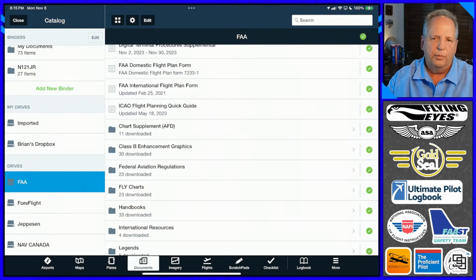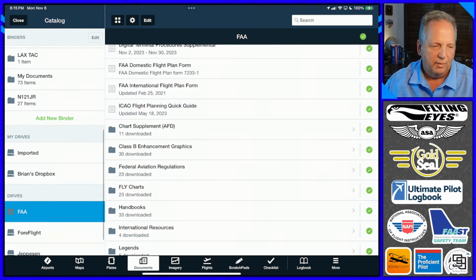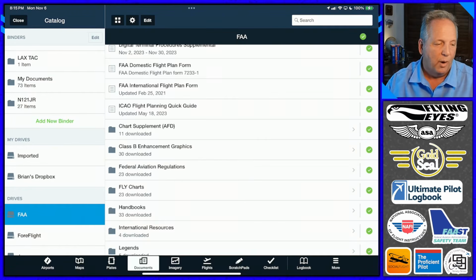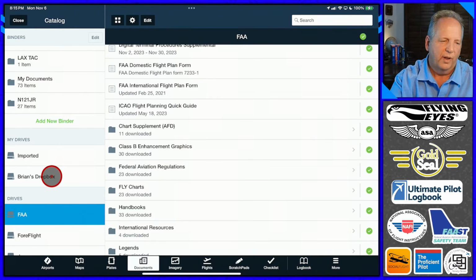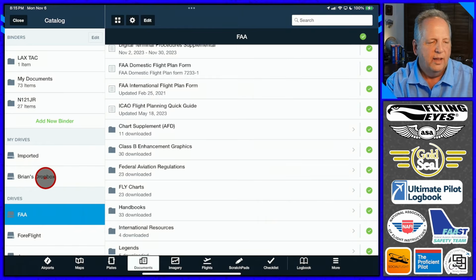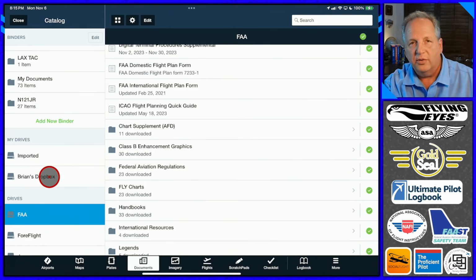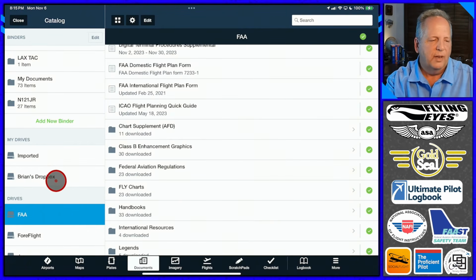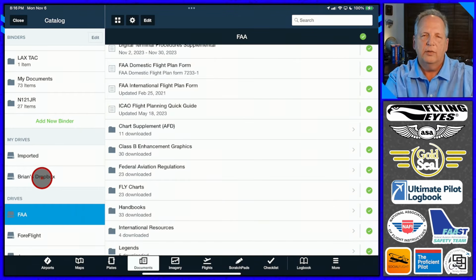I don't want to go through the linking process, although I know that many of you are really going to want that, of how to link the Dropbox to your ForeFlight. I'll probably create a video and post it on the YouTube channel just on doing that. It's a little bit more complicated, especially since I already have one linked. But in the event, you don't have to actually have it linked to a Dropbox.